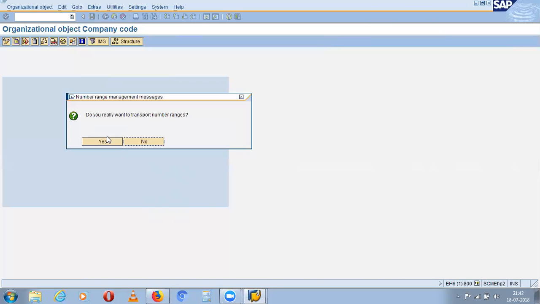Similarly, when you are saving any document, I'll explain gradually what that number range is. But as of now, just understand that the number range is for saving purposes, or creation of new things.